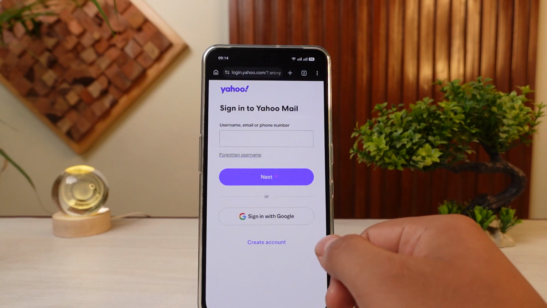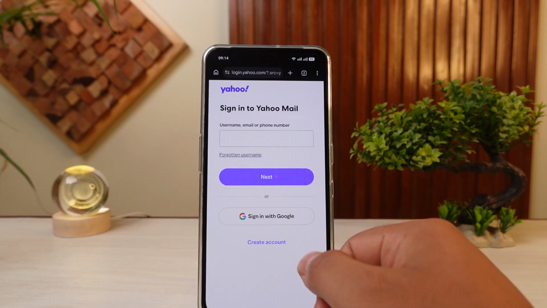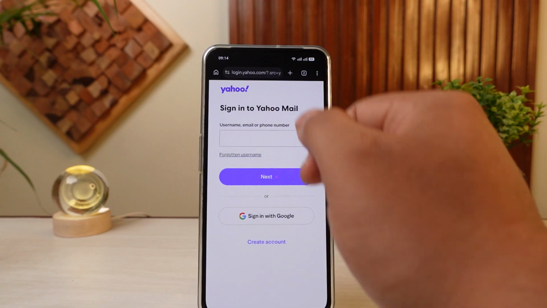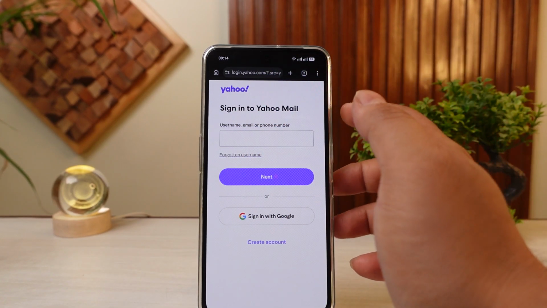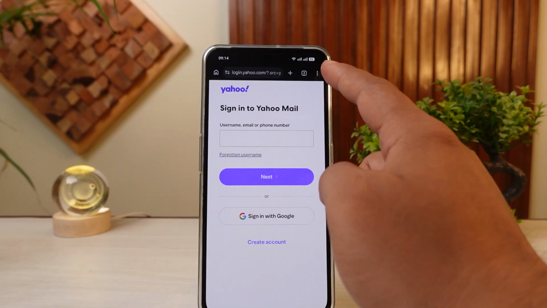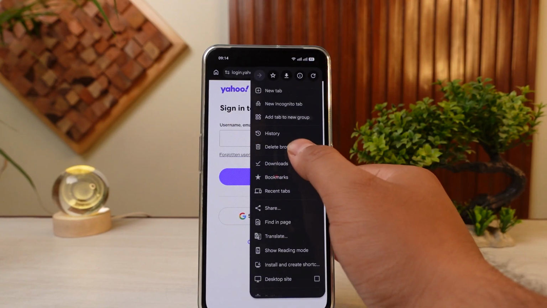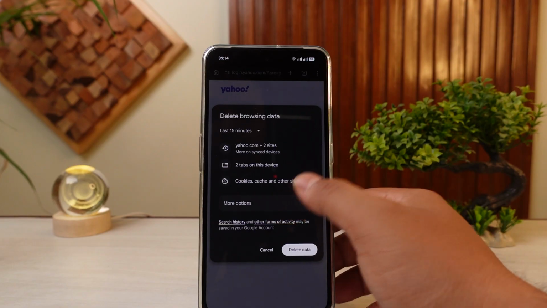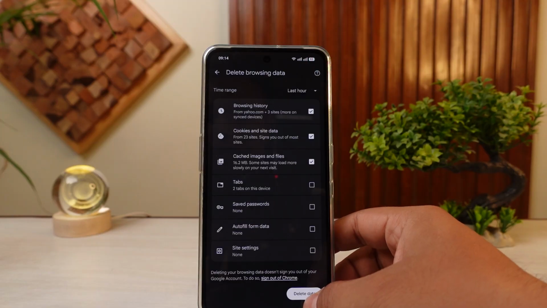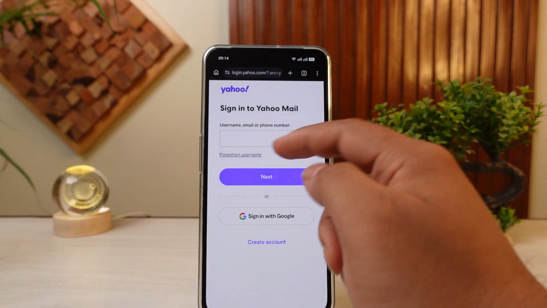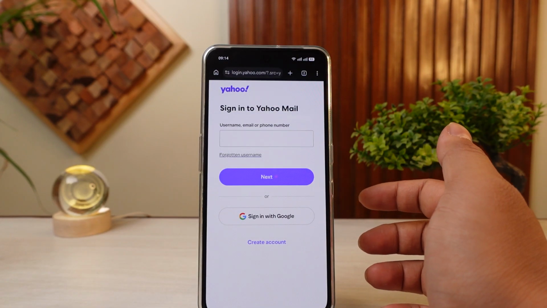In this video, let's talk about how to fix Yahoo Mail cannot log in. Now, in this situation, if you're trying to log into Yahoo Mail using a web browser, what you could do is try to clear out the browser cache. So simply tap on the three-dotted line on the top right, head over to delete browsing data, head over to more options and make sure that last 24 hours is selected, and then simply tap on delete data. Once you complete this step, head back to the same login page and try to see if you can now